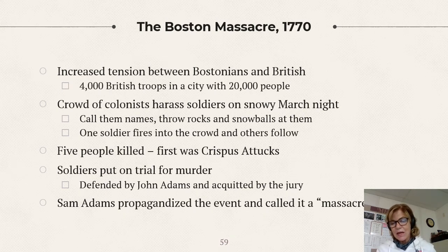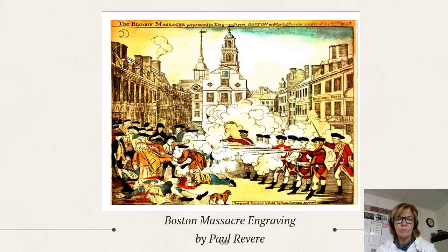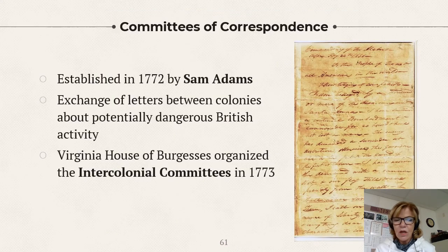But his cousin, Sam Adams, I think Paul Revere did an etching of this, and they put it in the papers, and they call it a massacre. A massacre. So they propagandize it to get a lot of people supportive of, yeah, the British are awful, right? So this is the engraving that Paul Revere did, and it just shows, look at the blood spilling, and the British soldiers are just firing upon them as if they're standing in a straight line, right? Okay, so what we're going to get, some more protests.